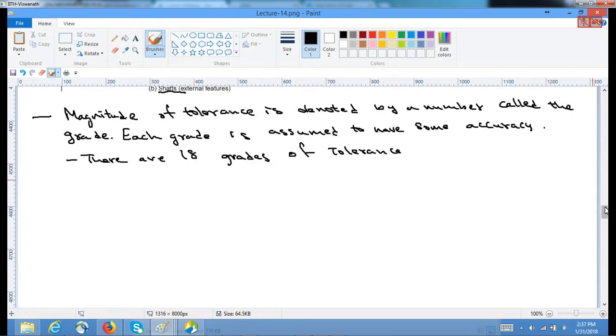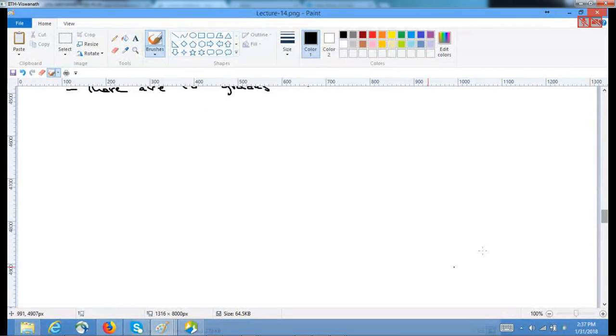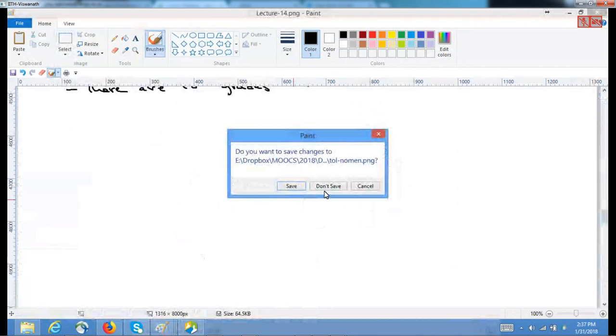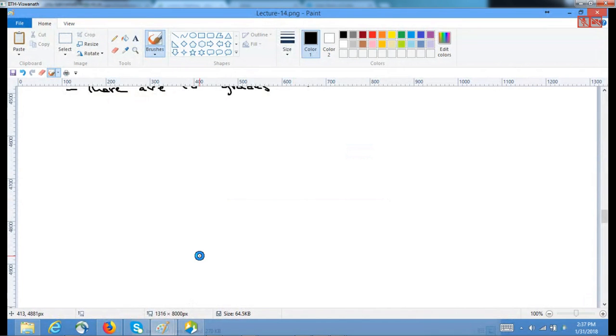So as per the international standards, these grade values or the magnitudes of the grades are given by